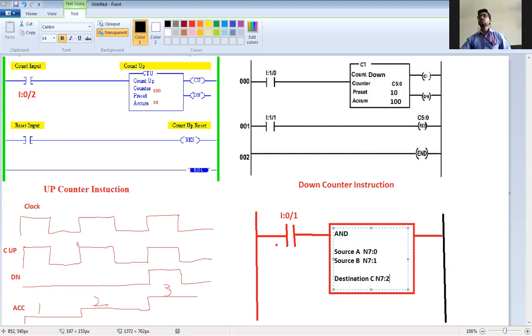So suppose binary data 1000 is here and the second binary data 1101 is here. ANDing of these two data will take place and the result is generated. That result will be stored in the destination file, that is N7:2. So it is very simple. So this is the ANDing instruction.